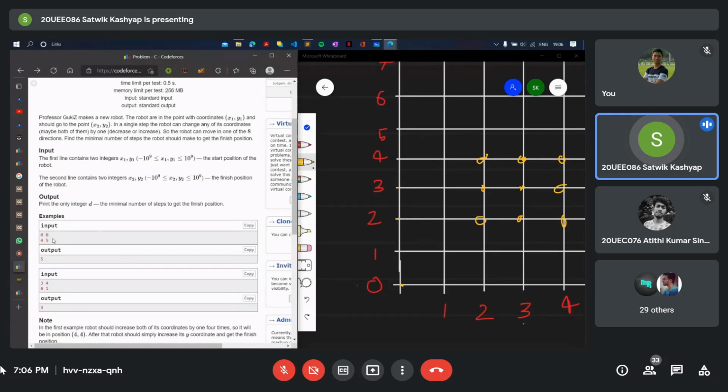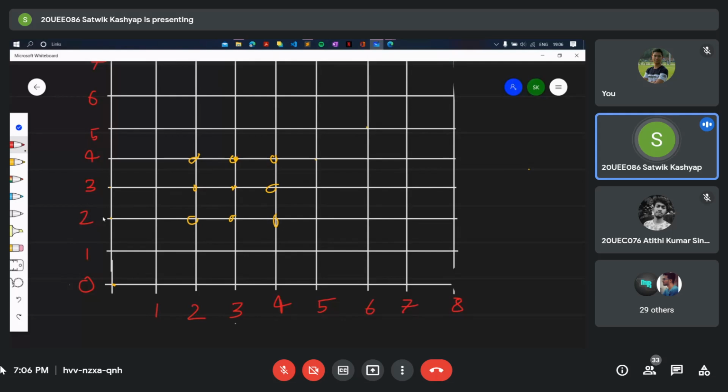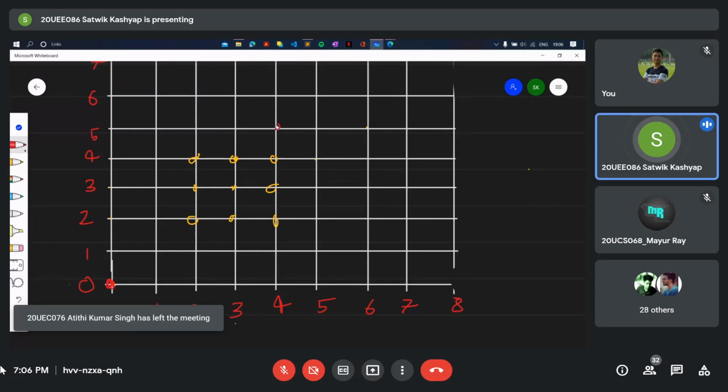For 0, 0 as x1, y1, and the endpoint as 4, 5. If we mark it here, 0, 0 is here, and 4, 5 is here. We have to reach this point from 0, 0. We already know that to reach from 0, 0 to 1, 1, the least number of steps is to go diagonally.